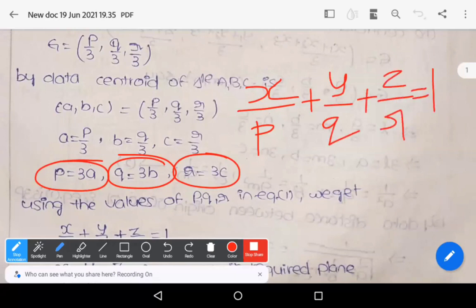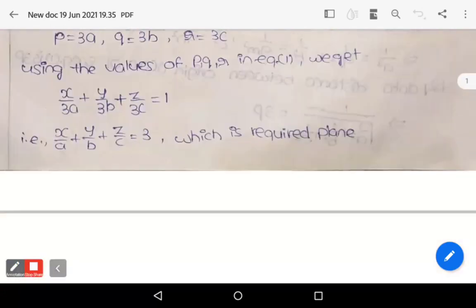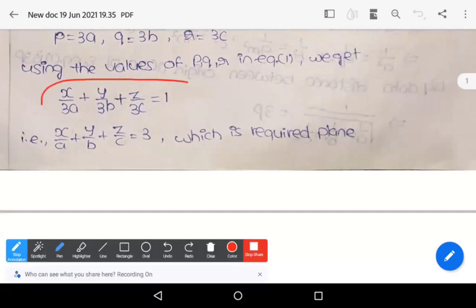x by p plus y by q plus z by r is equal to 1. Substitute these points: p is equal to 3a, q is equal to 3b, r is equal to 3c. We get x by 3a plus y by 3b plus z by 3c is equal to 1. Multiply on both sides with 3. You get x by a plus y by b plus z by c is equal to 3, which is